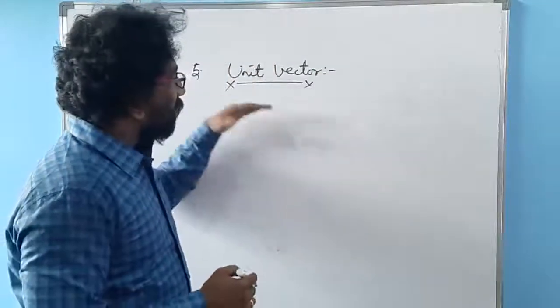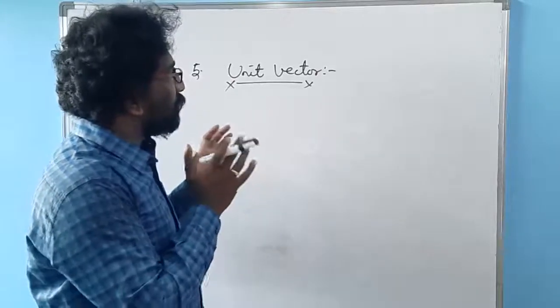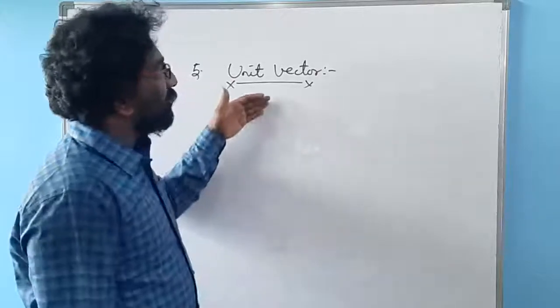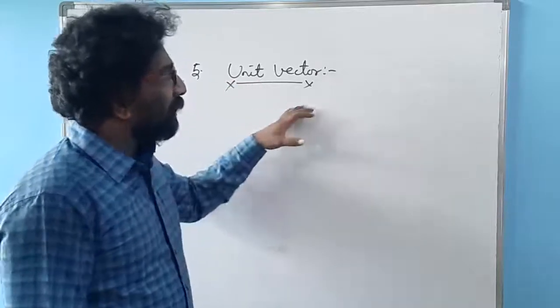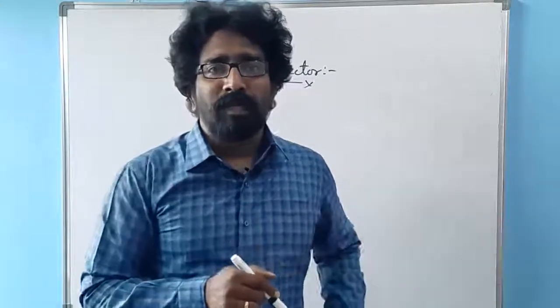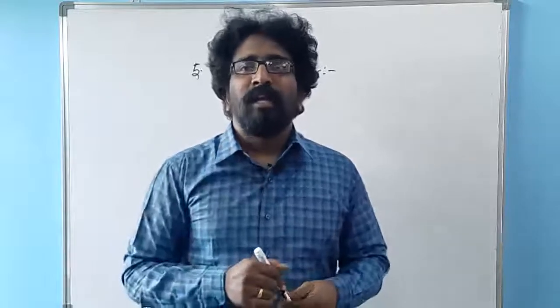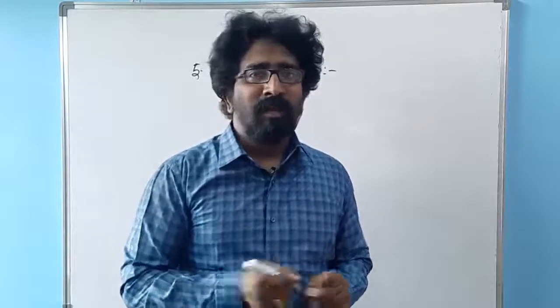But here, many people study only its basics. If they study it properly, they'll understand the actual use of this unit vector. Unit vector means, okay, it's right, a vector whose magnitude is 1. But apart from that, the main aim of the unit vector is to tell the direction of the given vector. It's mainly used to denote the direction of a particular given vector.